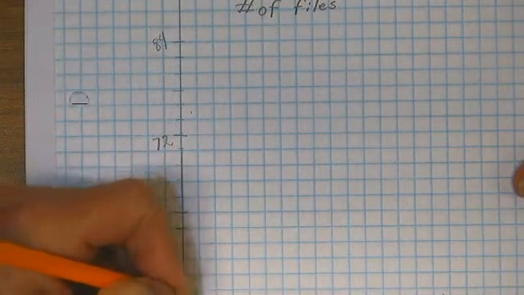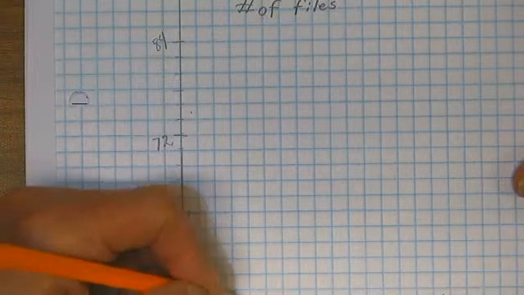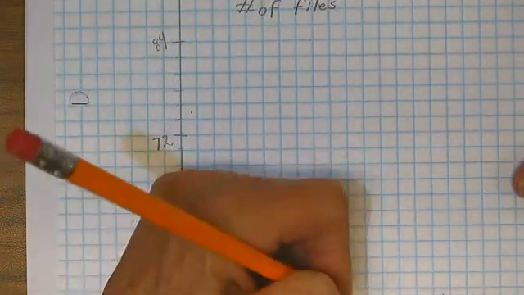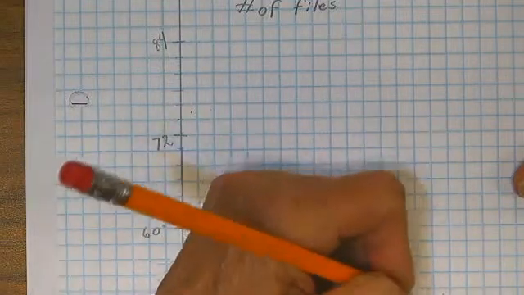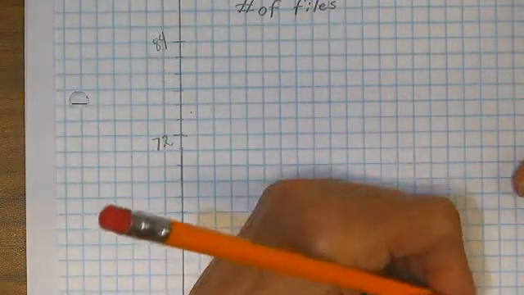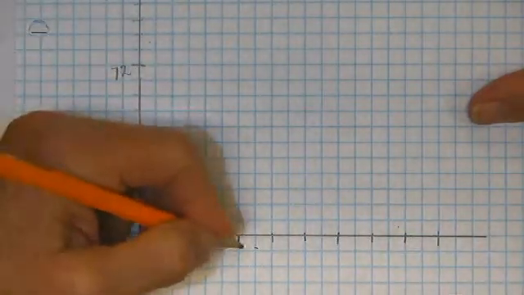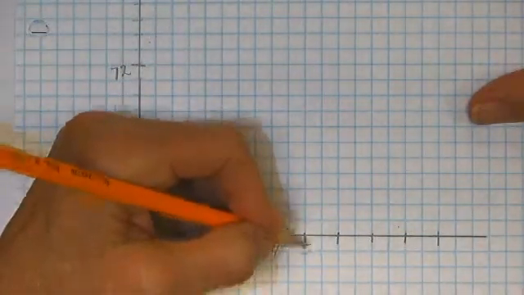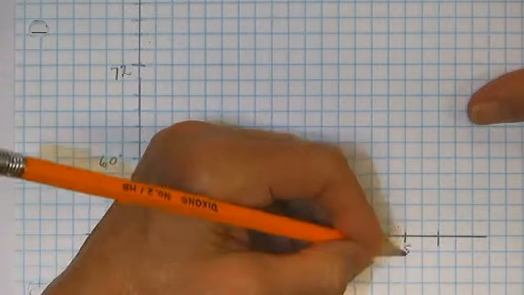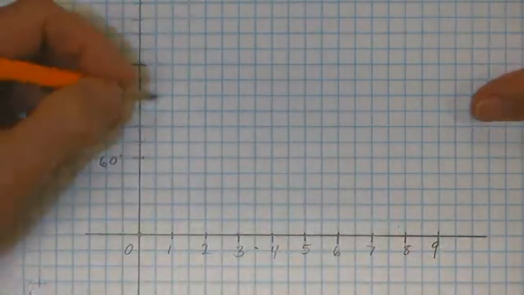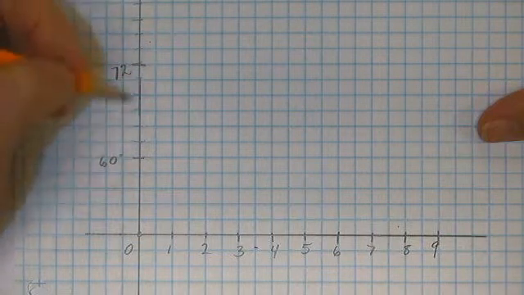0, 1, 2, 3, 4, 5, 6, 7, 8, 9. That's all there are. Well, I happen to be